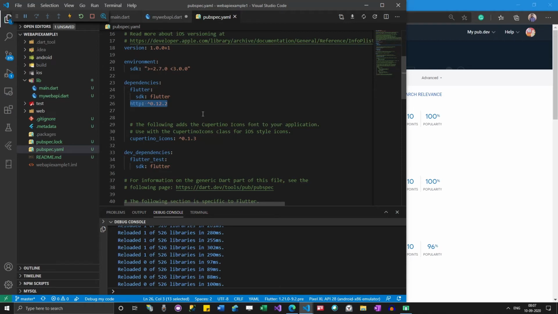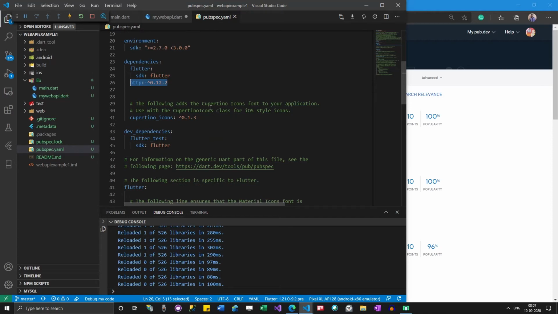It's about not loading something which is not necessary into our final APK file. Whatever you add here is eventually going to add some more space to your app.